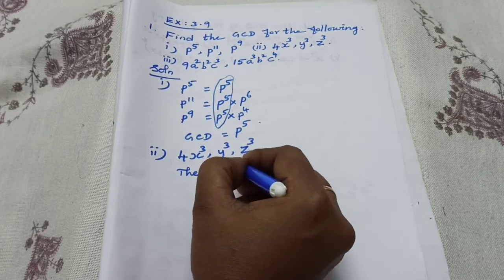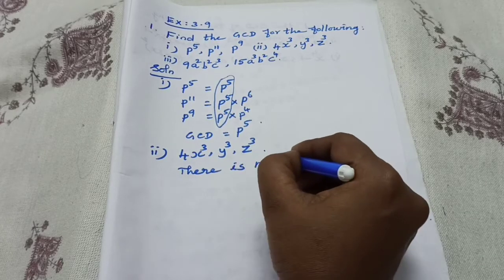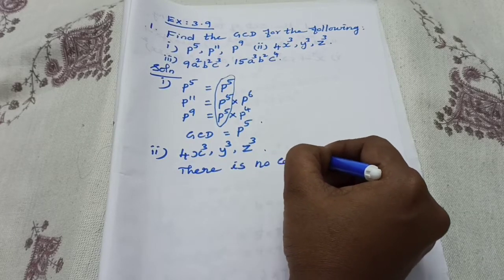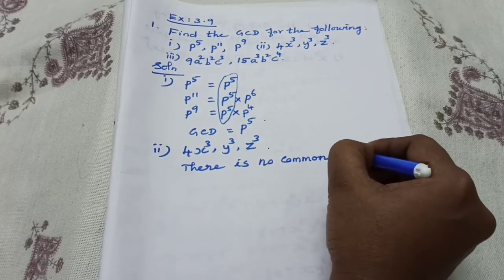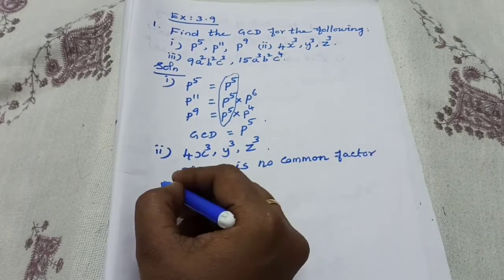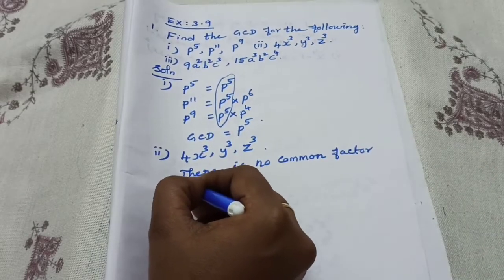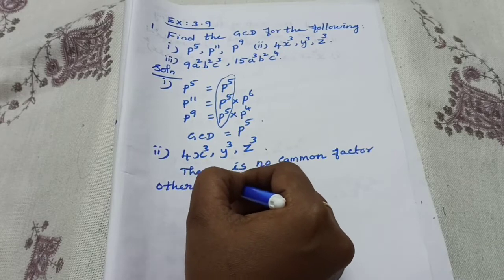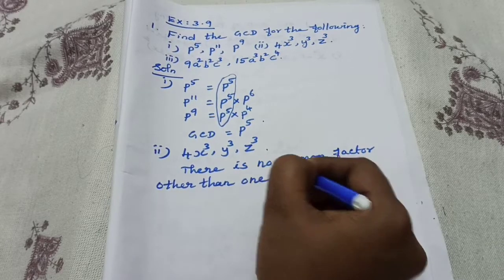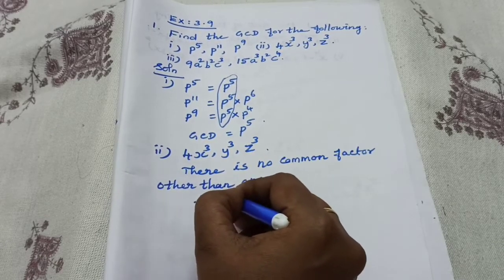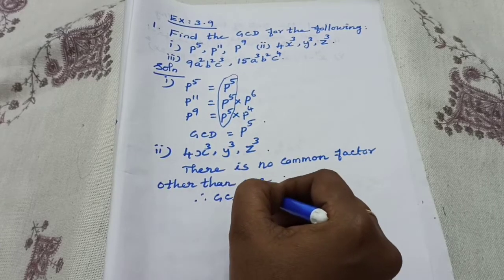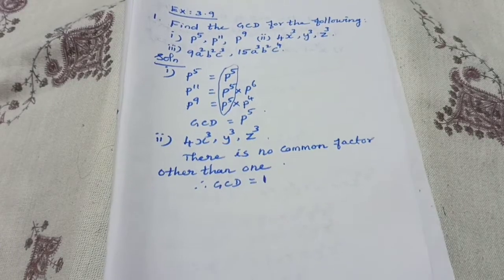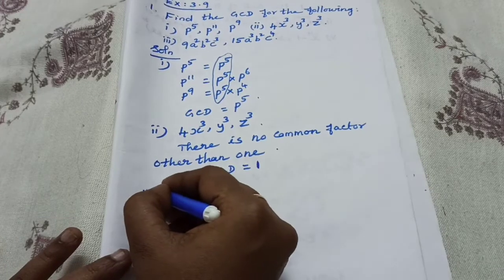There is no common factor other than 1, isn't it? Other than 1. Therefore GCD is equal to 1, the common divisor, GCD. Okay. Next, third one,